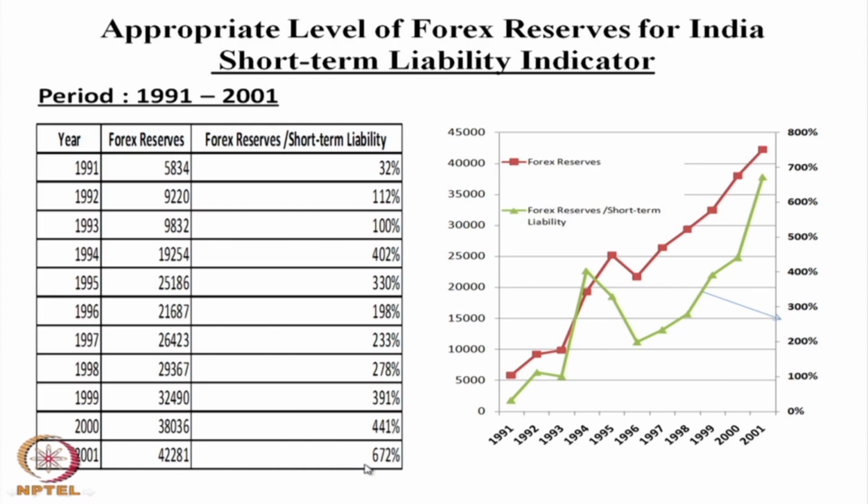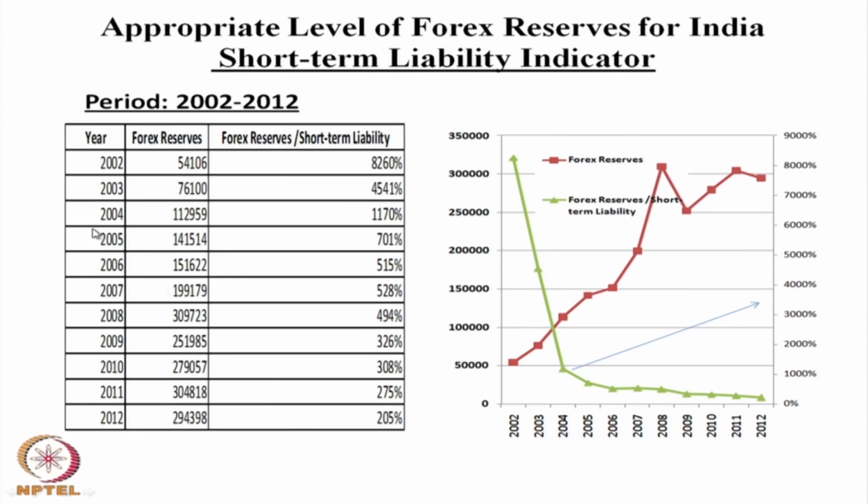in 2001 the foreign exchange reserve could cover 672% of short term liability. So we had adequacy of reserve up to 2001. This adequacy of reserve started after liberalization, and if you see the 93, 94 data,